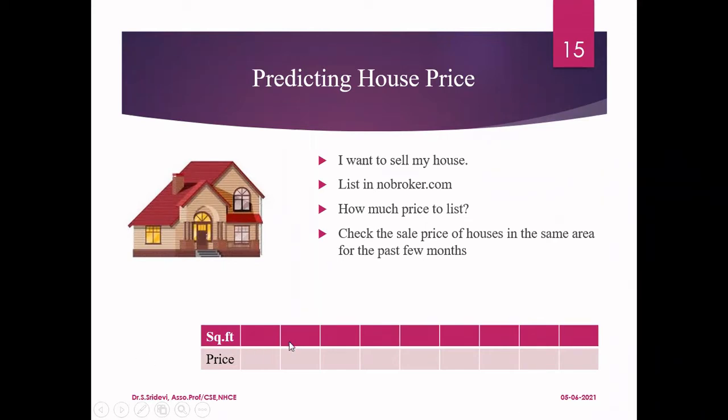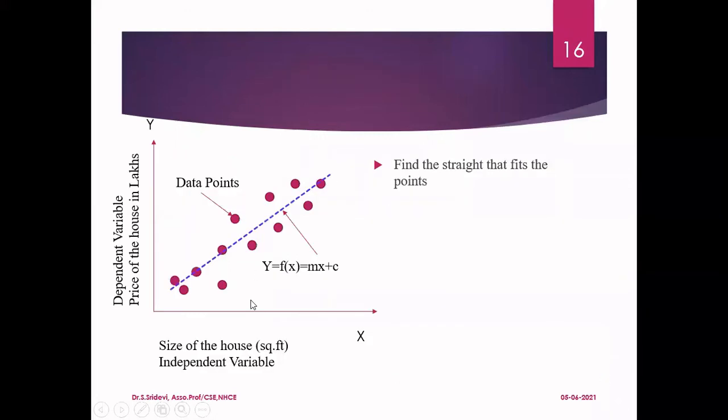So once I create the table, I'll be populating the table with the data. Initially, it is null. When I ask my first friend, I'll populate the first column. When I ask the second friend, I'll populate the second column and so on. So finally, I will populate the table with as many entries as I know the values. Now this is going to act as my data set.